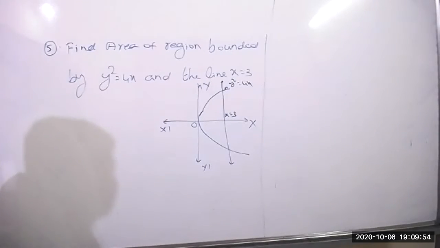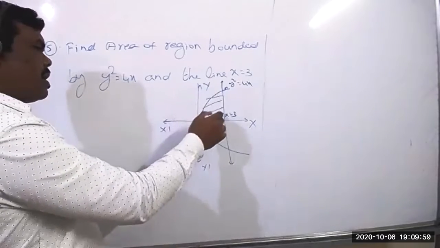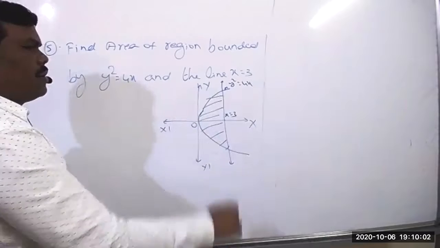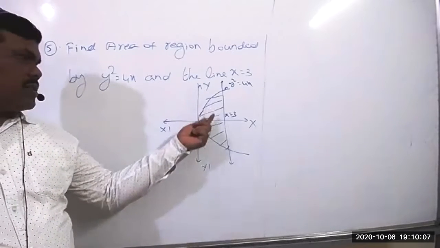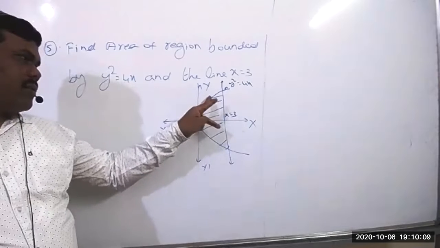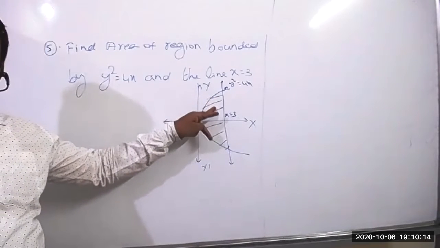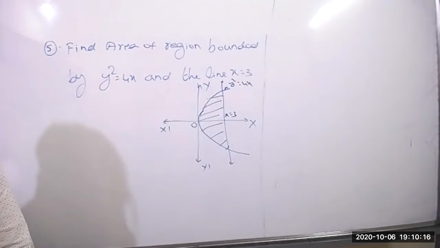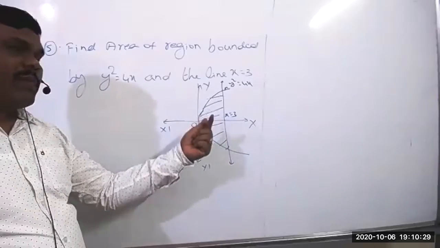The area of the region bounded by means we have to find the complete thing. All of you should remember that. Clearly, are these two parts the same or different? First, it is important to see that these two parts are equal, so you can find only one part and double it. Sir, do we find the left hand side of x equal to 3 or the right hand side? Left hand side of x equal to 3.